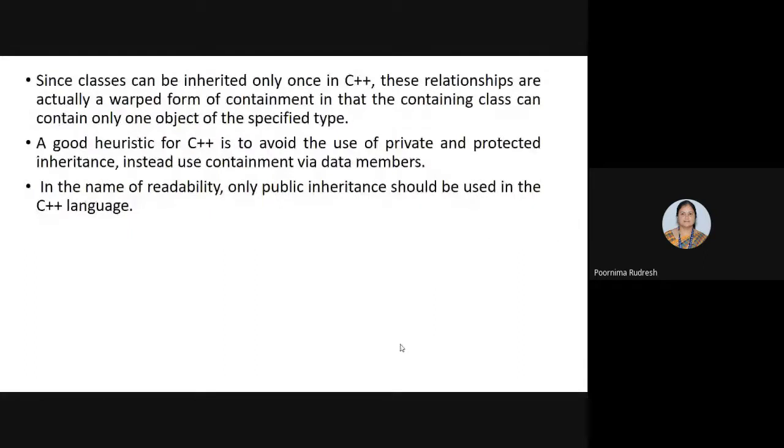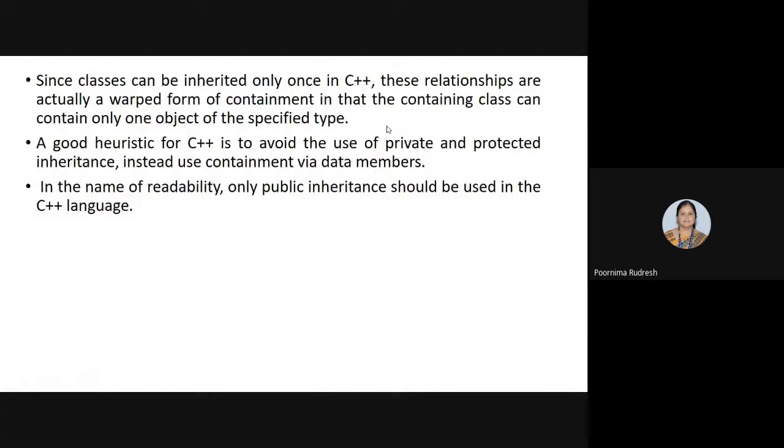And since in C++ classes can be inherited only once, these relationships, whether public, private, or protected, are actually a wrapped form of containment, in that the containing class can contain only one object of the specified type. You already studied the containment relationships many times.